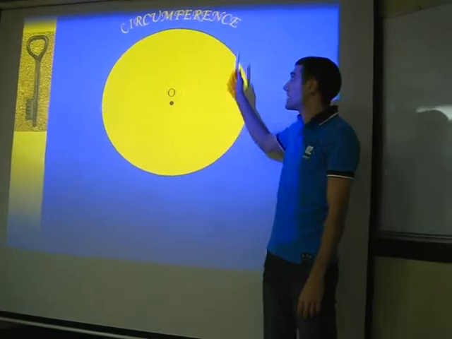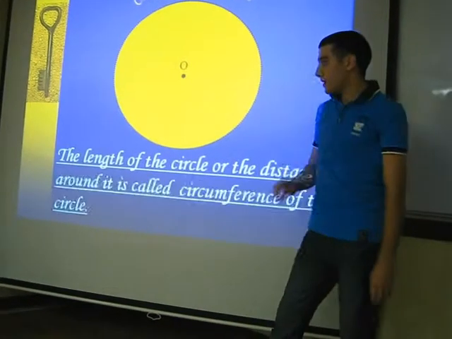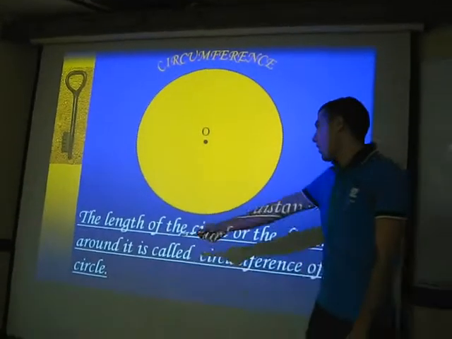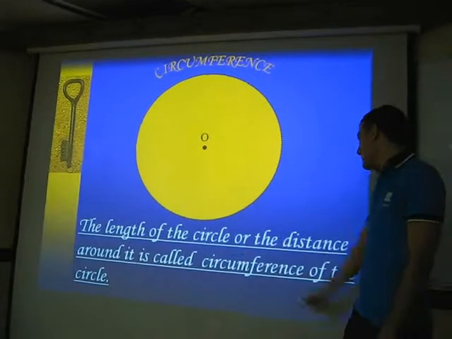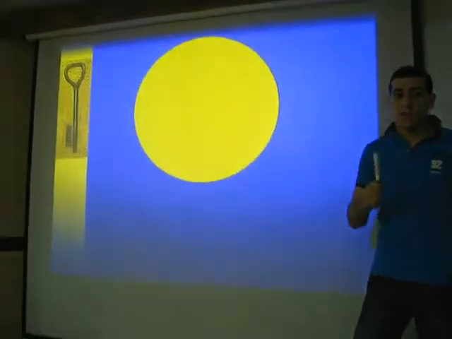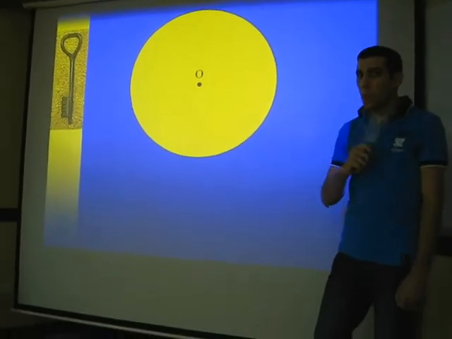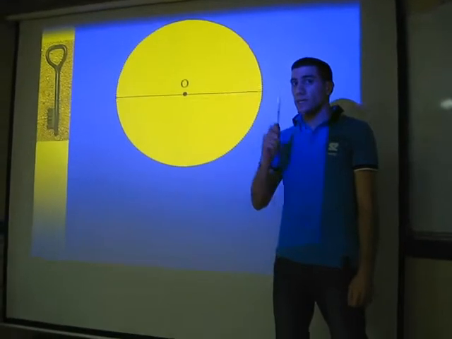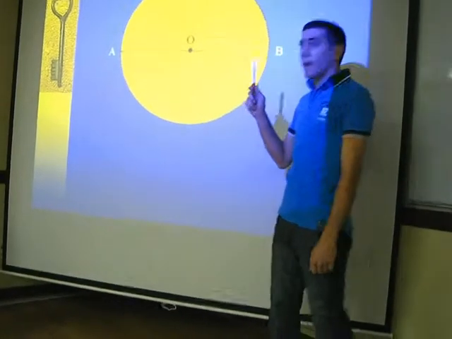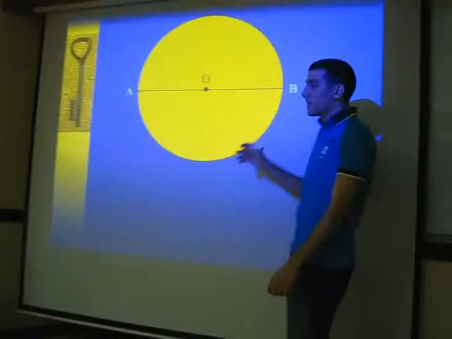To calculate the circumference of a circle, we must know the radius. The length of the circle, the distance around it, is called the circumference of the circle. We must know the radius to calculate the circumference. The rule of the circumference is 2 times pi times r. Pi is a constant equal to 22/7. Okay? For example,